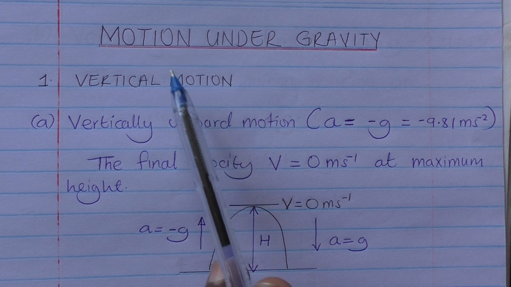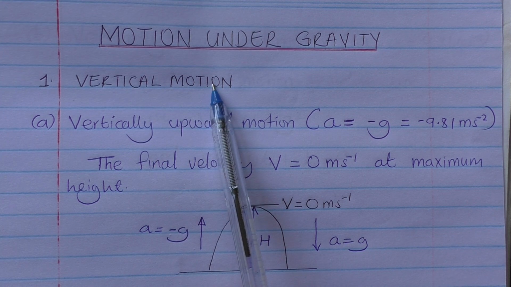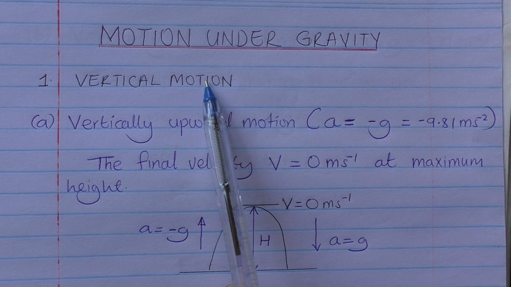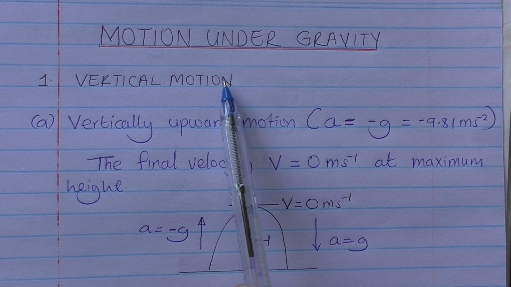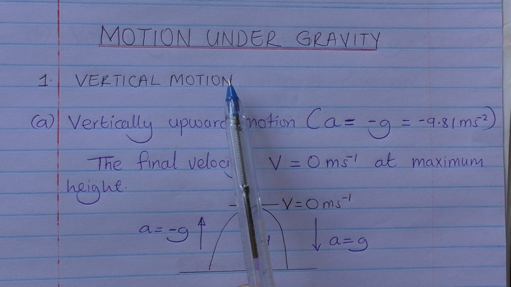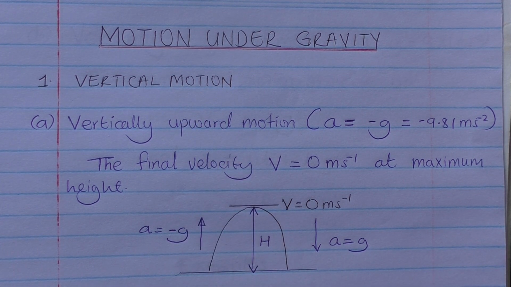So when we are looking at motion under gravity, we shall look at the vertical motion and then projectile, because in projectile also a body is given initial velocity and left under the influence of gravity. So we shall start with the vertical motion, where we look at motion